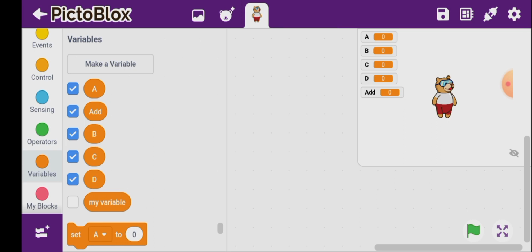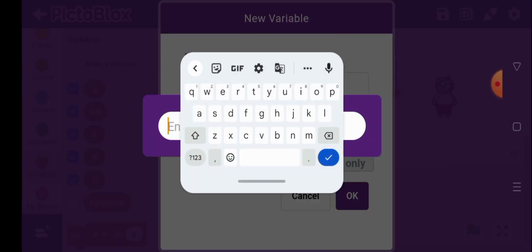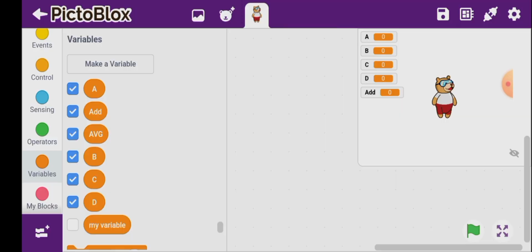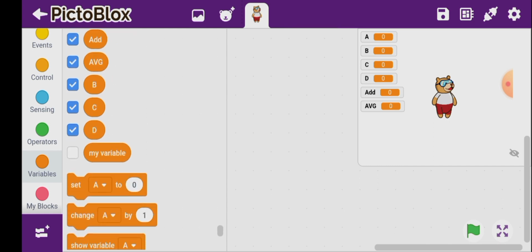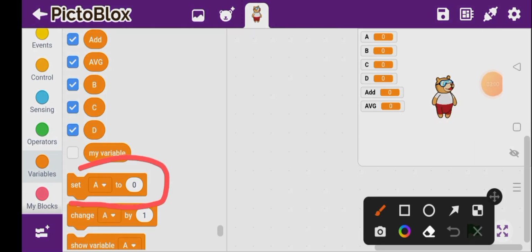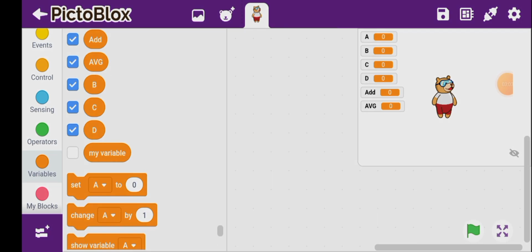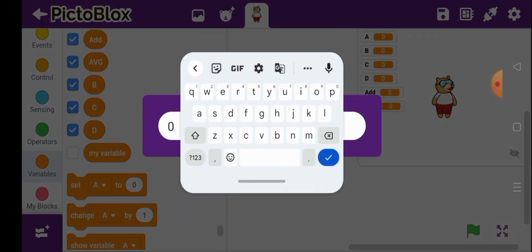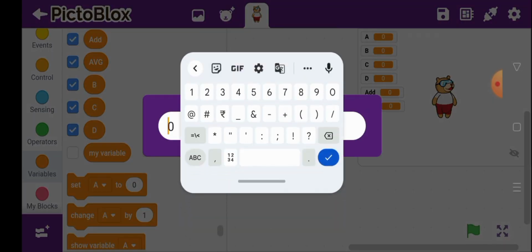Another variable we will be needing for calculating the average. So I'll click on new variable and there I write average, AVG in short form, and I click on OK. Now we will add the variables one by one, and for that we have to scroll up, and from there first we have to select and drag this set A. So I'll select and drag set A first and I put one number. Suppose I write 50